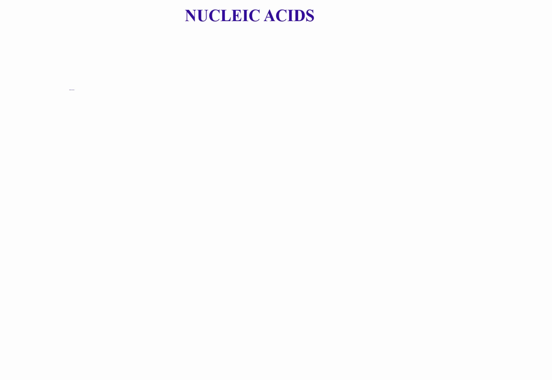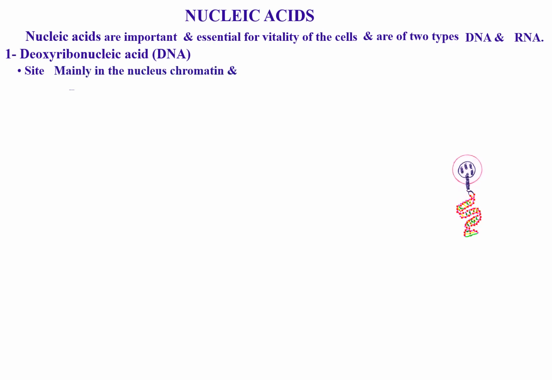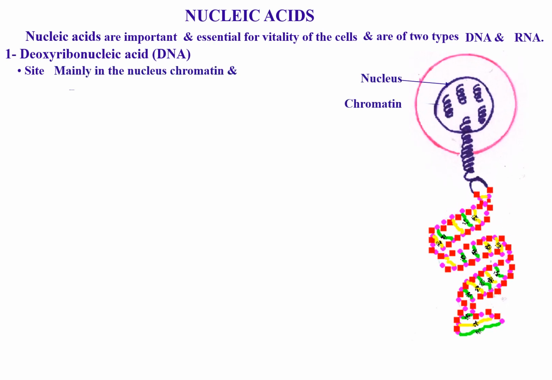Nucleic acids. Nucleic acids are important and essential for vitality of the cells. They are of two types: desoxyribonucleic acid, DNA, and ribonucleic acid, RNA. Desoxyribonucleic acid, DNA, site: it is found mainly in the nucleus chromatin, but also very small amounts are found in